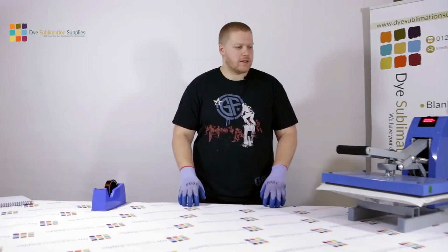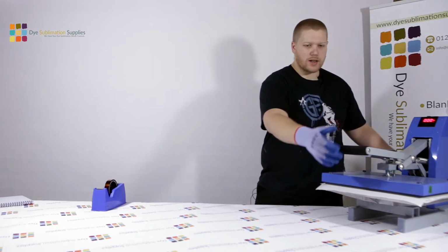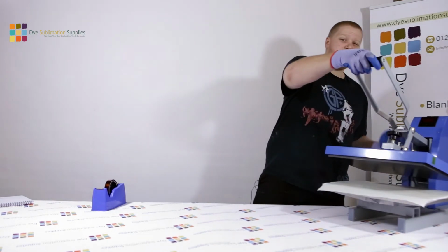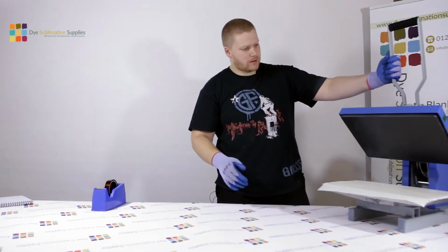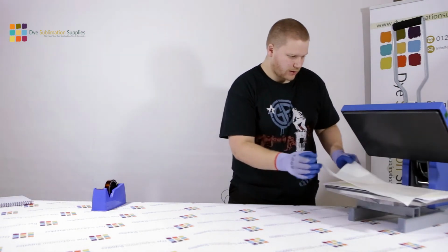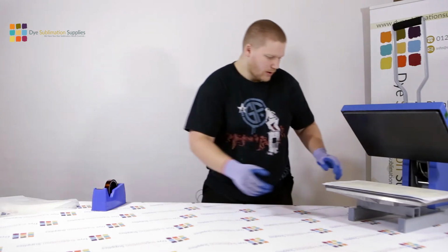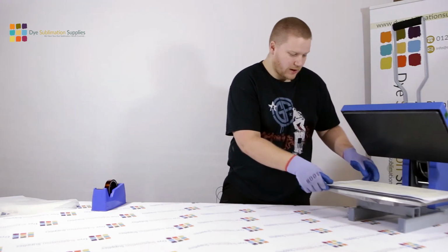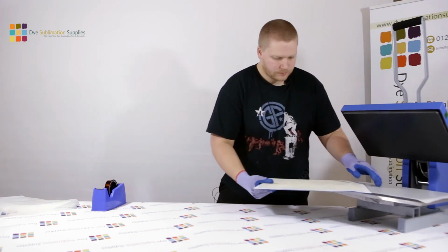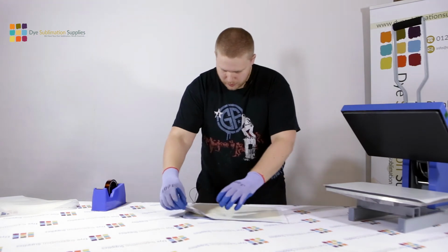That beeping means that the press is done, the counter's counted down, and it's time to see what we've got in the press. I'm going to knock the press off, just for the sake of doing the video. It's quite stiff when you open these, so just be very careful. And remember, gloves for safety. So we'll take the top layer of teflon off, and then we'll take out the chopping board. Now with these being glass, they really do hold the heat, so they are absolutely red hot. We'll put that down on the bench, and then we just peel back